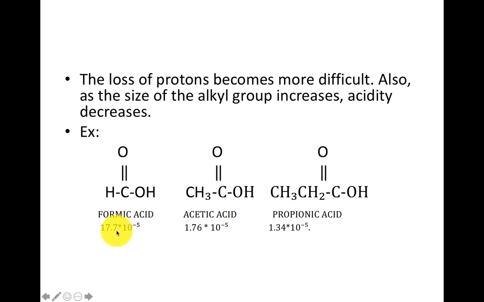See, based on the acid dissociation constants also, we can define whether it is strong or weak. See here, no alkyl group is present. Ka value is 17.7 into 10 power minus 5, that is formic acid. For acetic acid, it is 1.76, because see here, hydrogen is present and here methyl group is present. So, based on this concept, what is the nature of this acetic acid? It is weaker when compared to the formic acid. So, based on Ka values also, it is giving the same reference. And propionic acid, it is weak acid when compared to the acetic acid. See, Ka value is low.